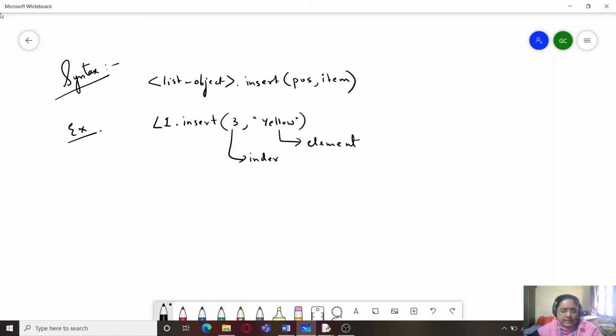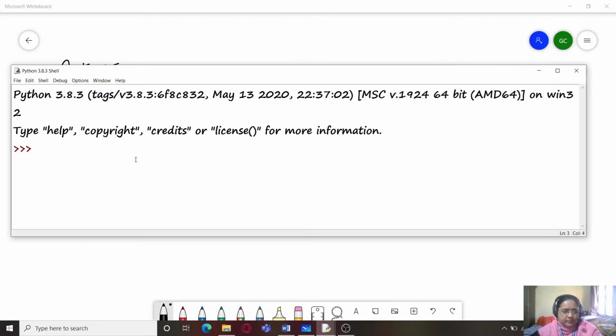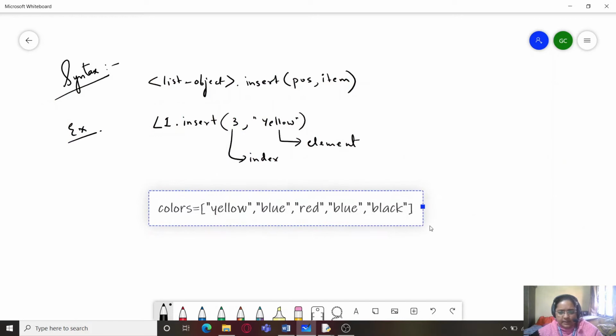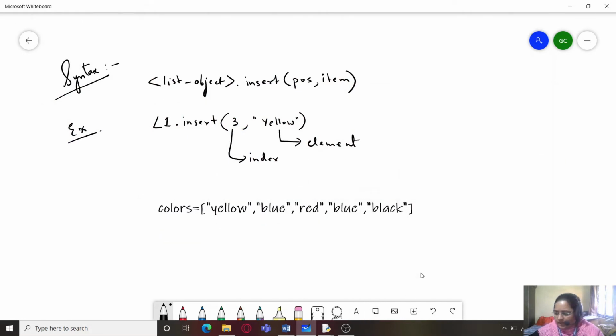We can see its example here practically. I'm going to create a list named colors and give some colors to it. I'm just going to copy this and paste it here and we will number them, writing the indices. Yellow will be the first index, that is 0, 1, 2, 3 and 4, and the negative indices over here.